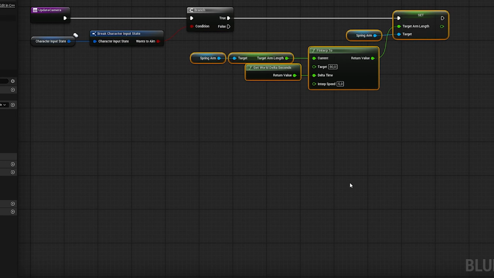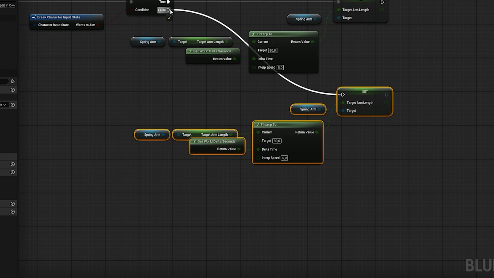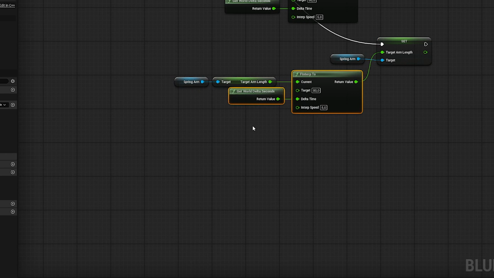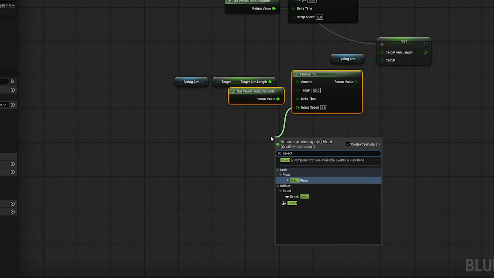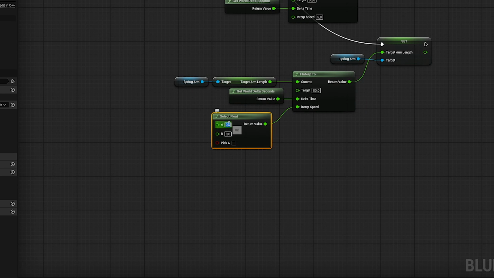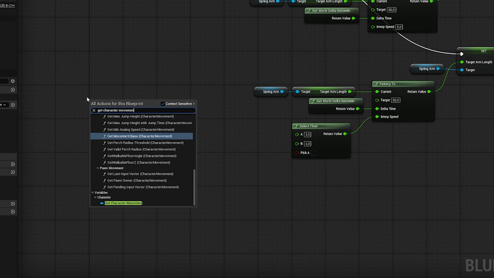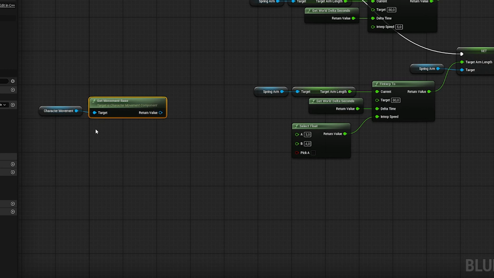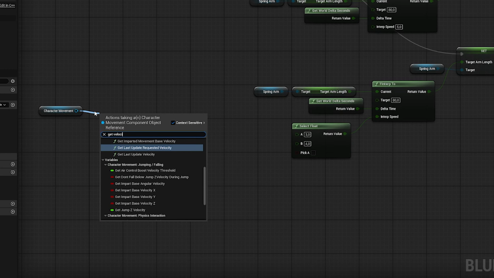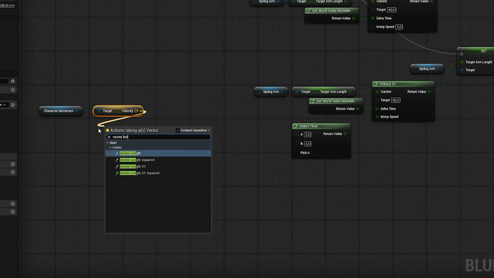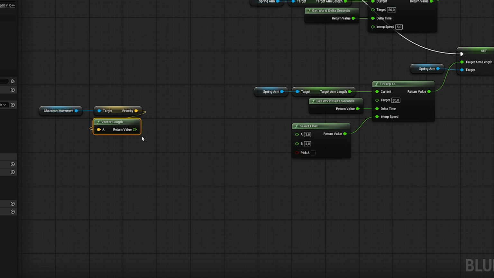Alright, we duplicate it, connect it to false. And then out of this interpolation speed, we select float. A will be 3 and B will be 4. Now we need to get the velocity out of the character movement. And again the vector length. Use the node